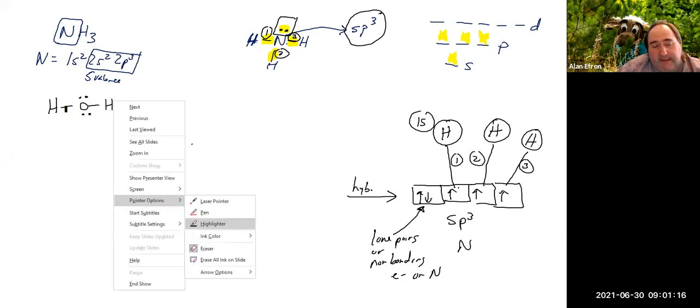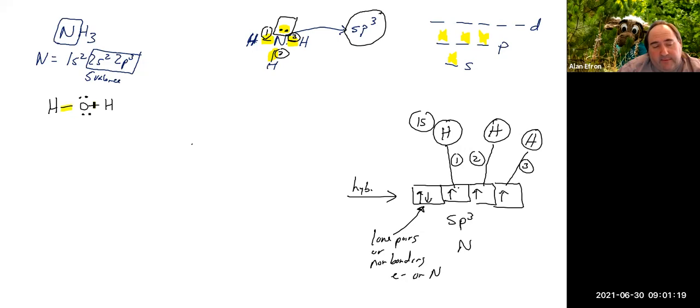We would do the same thing. This is going to be 1 electron pair, 2 electron pairs, 3 electron pairs, and actually 4 electron pairs. So again, we would count it just like we were doing geometry. And again, we would have our 1, 2, 3, and 4 electron pairs. So water, just like NH3 here, is going to end up